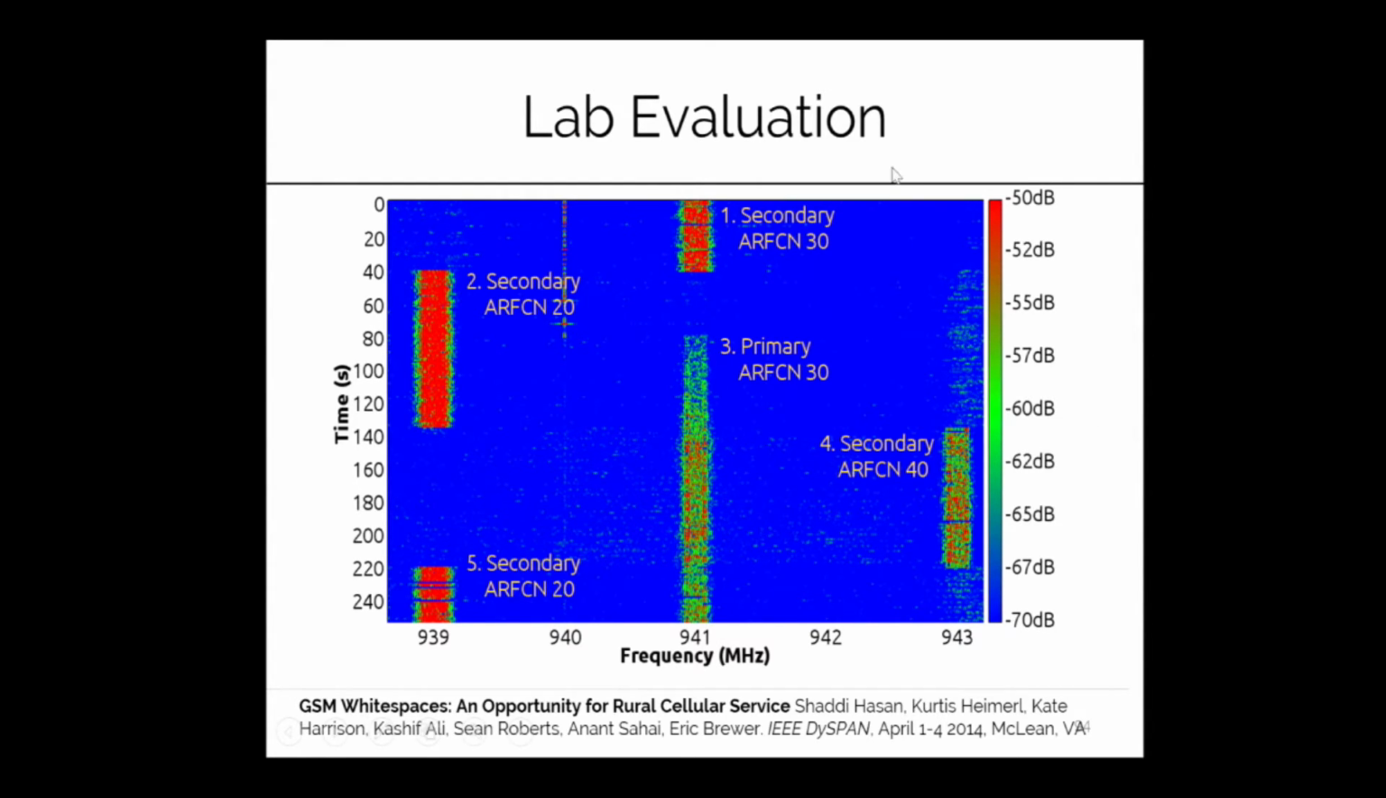So you can see up here, this is the secondary. ARFCN is a very specific GSM term. It means the absolute radio frequency channel number. It's just the channel the base station is broadcasting on. So here we're hopping back and forth between ARFCN 30 and ARFCN 20, which is going back and forth with